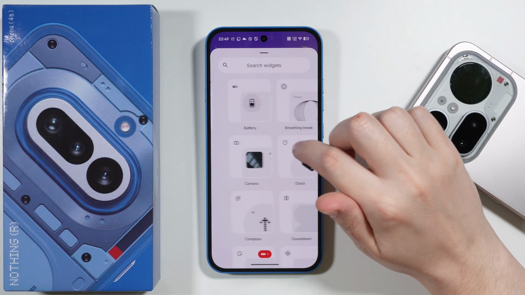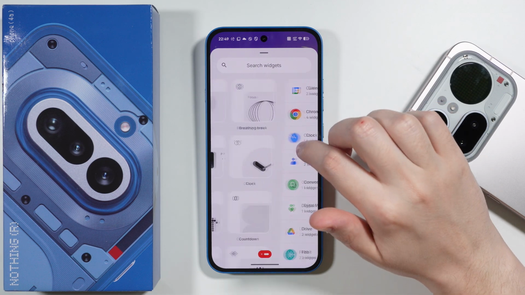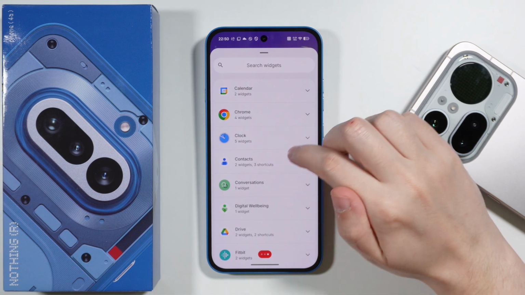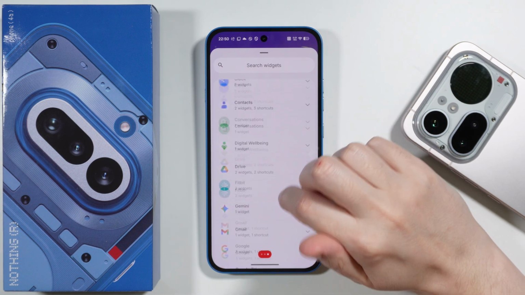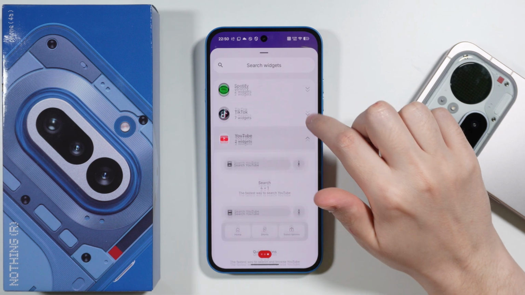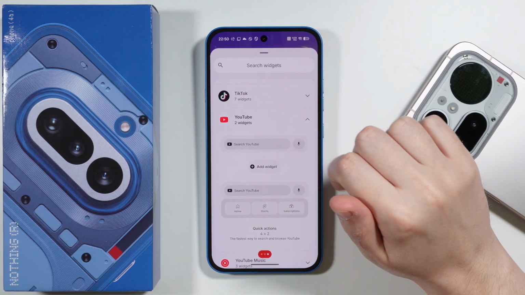from Essential Apps over here, but remember that you can swipe between all of these available pages. And if you want to find all widgets from all of your apps that you have installed, then you want to make sure that you are on this last page. And then in here we have the list of apps, and of course we can decide which widget we want to use. If you find a widget that you wish to add, you can for example tap on the widget